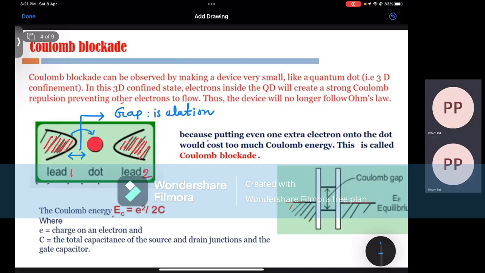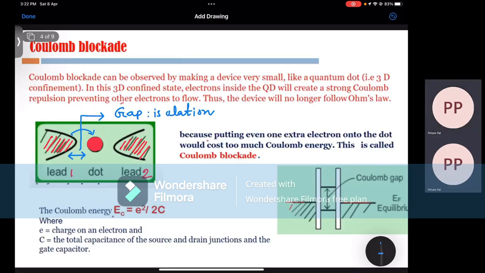And this way we can say that this device will no longer follow Ohm's law. Ohm's law states that if there is a potential difference, current should depend on that potential difference value. And if we increase the potential difference, current should also increase. But this Coulomb blockade state says even if you increase the potential difference, current may not increase because